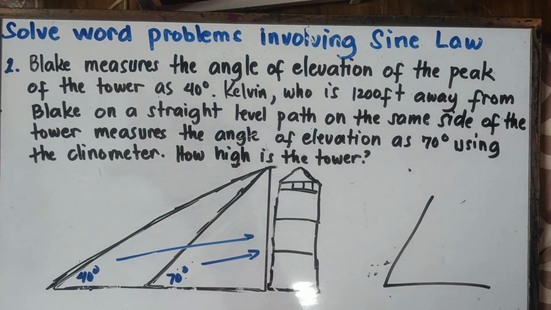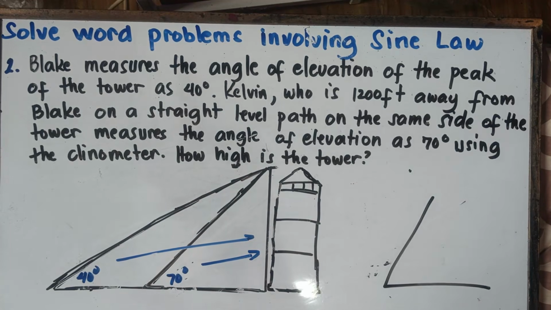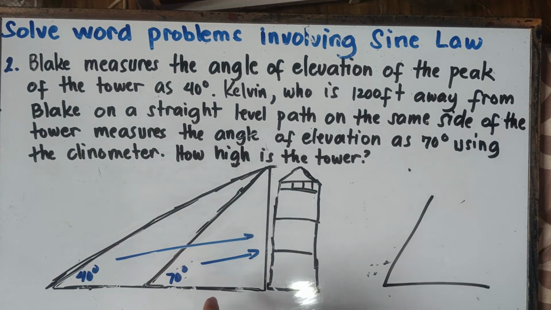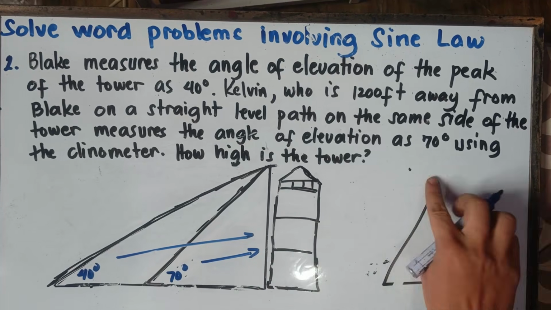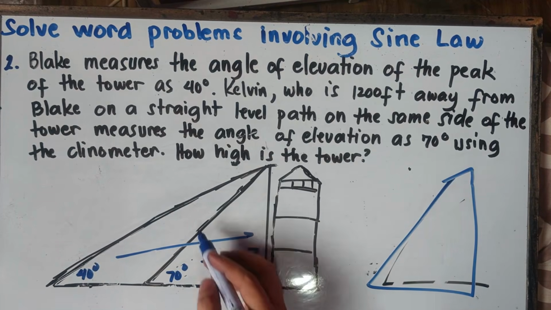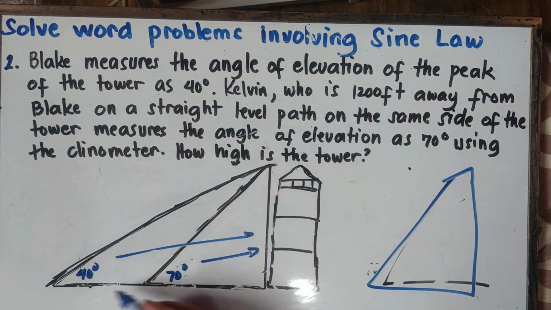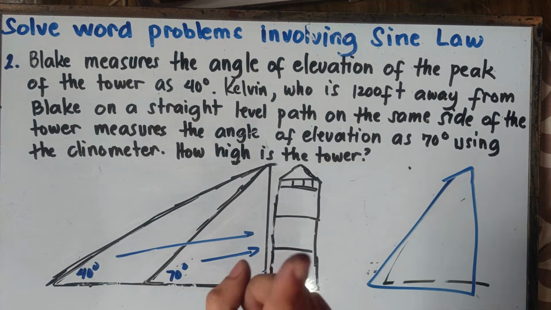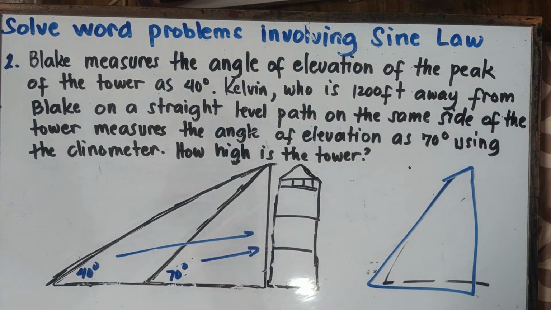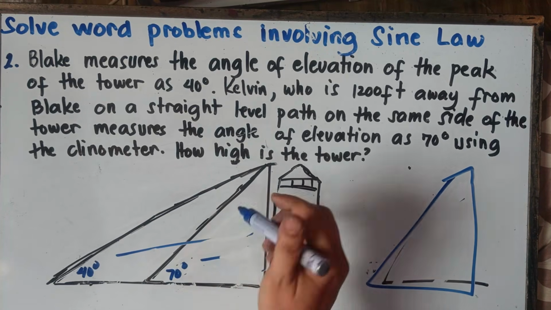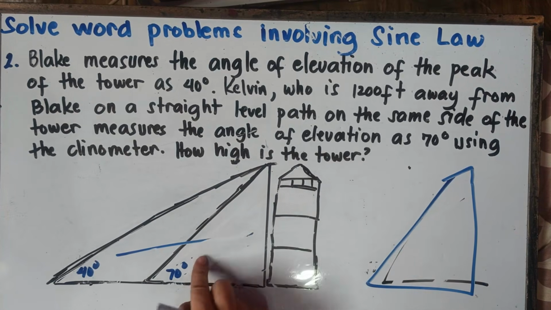But, once again, class, we are dealing with two triangles. This is different. We have this first triangle right here, and then we have another triangle, the big one, this one right here. A while ago, my example was only one triangle. This one right here, we are dealing with two triangles. Be careful with that one, class.